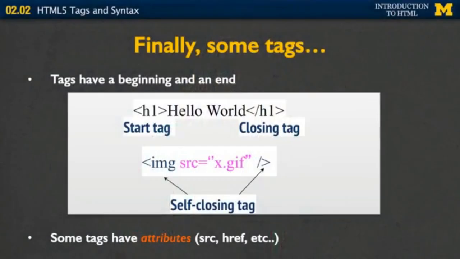Every tag has a beginning and an end. So right here, I'm using what's called an H1 tag, or a heading tag, to encase the words Hello World. The first H1 is my start tag. It just shows the simple tag that I want inside brackets. The second tag, the closing tag, always starts with a slash. This indicates to the browser, oh, she's about to end a tag. This is one of the most common, to have the start tag and the closing tag with some sort of text inside of it.